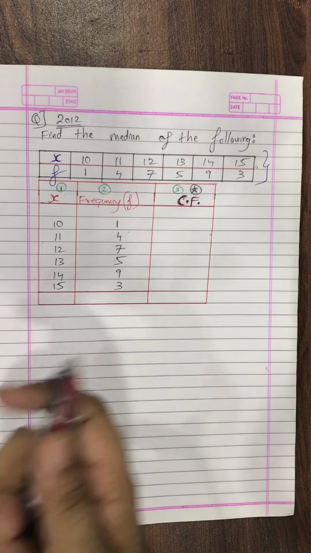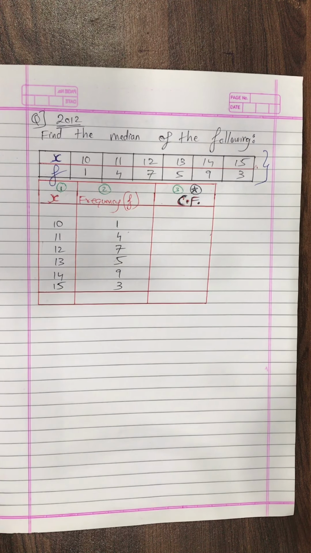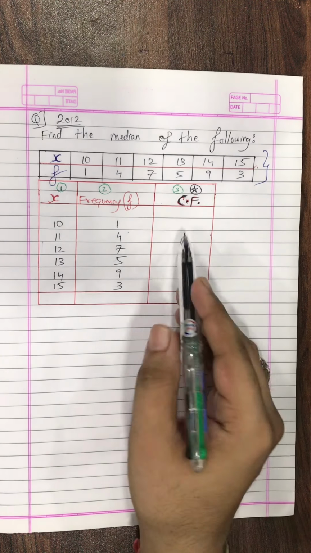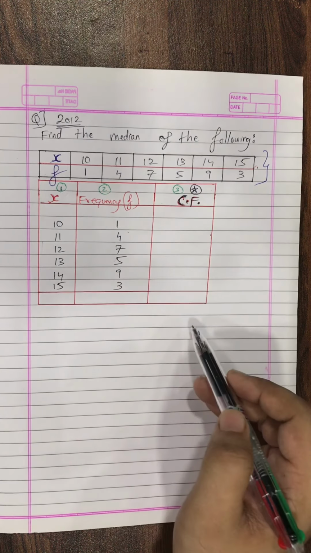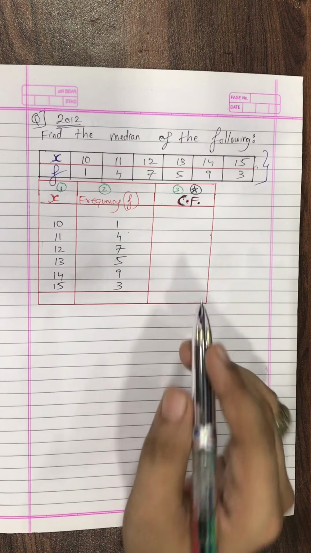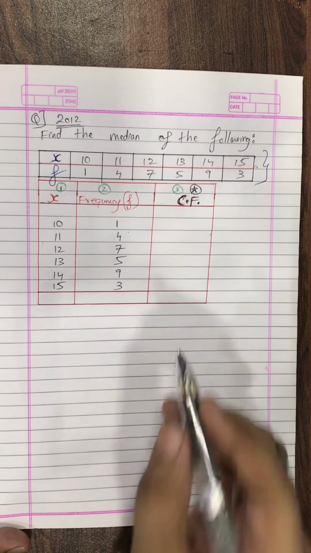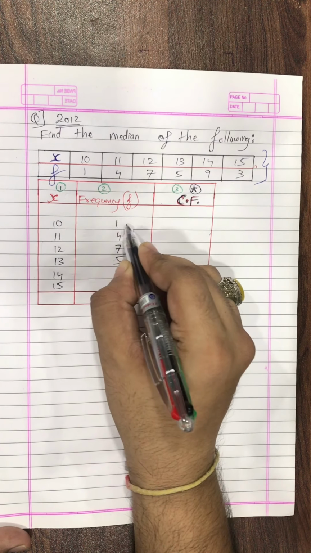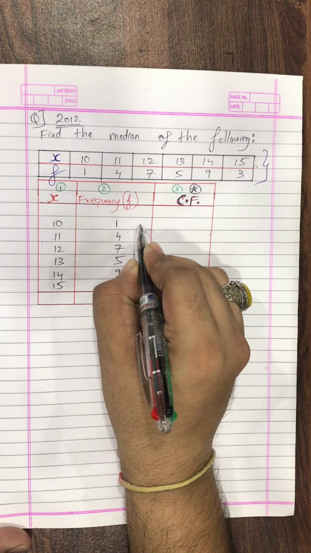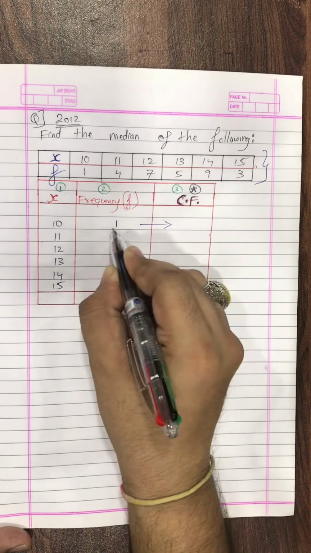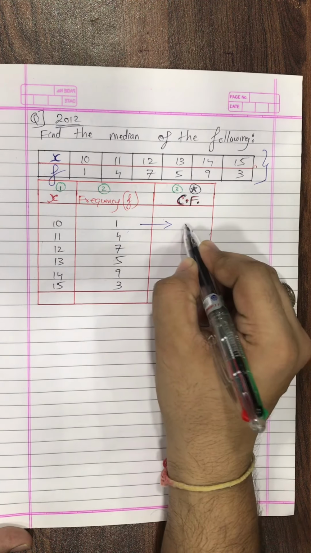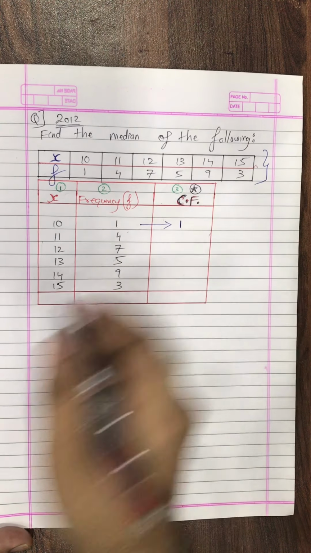Now I know that this is the first time we are finding cumulative frequency. Just for your knowledge students, in your syllabus we have less than cumulative frequency to find. So how to start, how to find this cumulative frequency? It's very simple, just pay attention please. The first number of frequency will be copied as it is. Always the first value will be copied as it is. So here 1 will come.